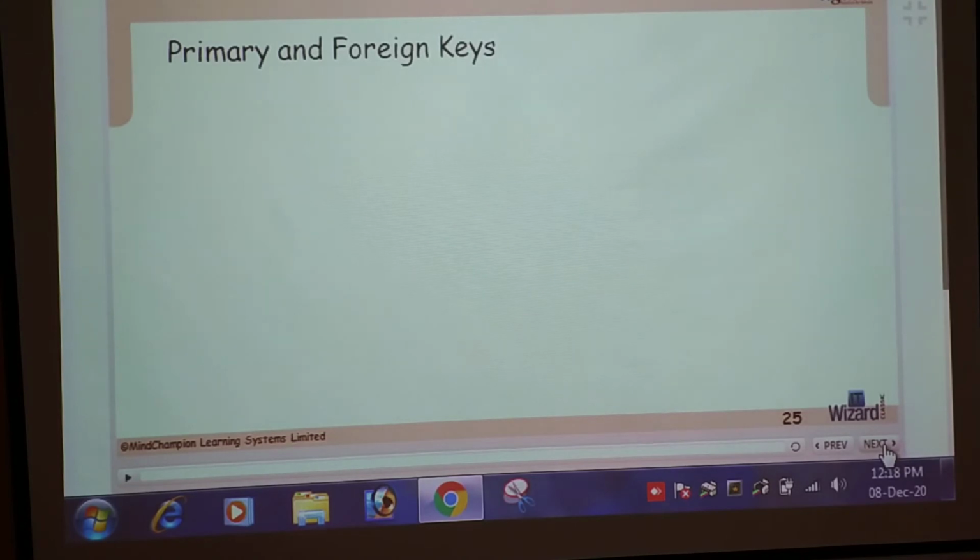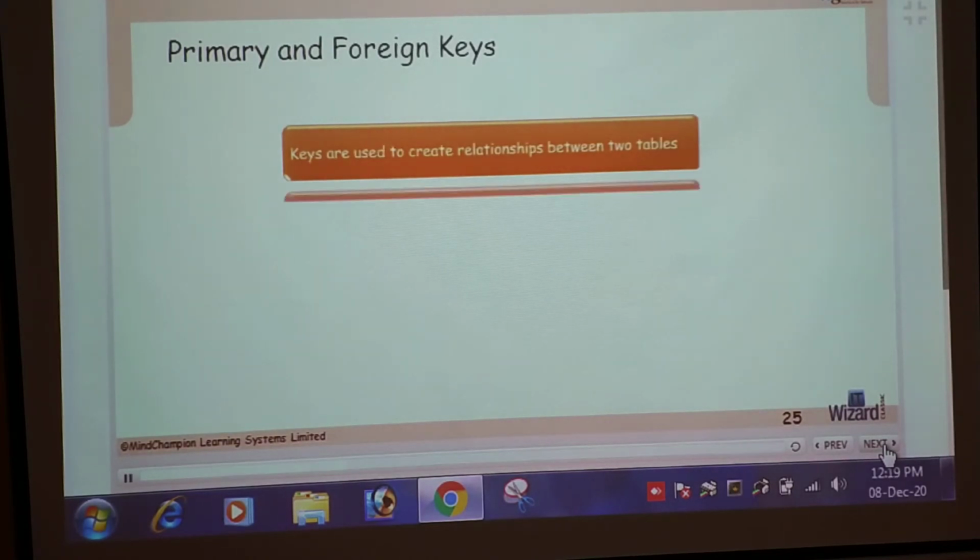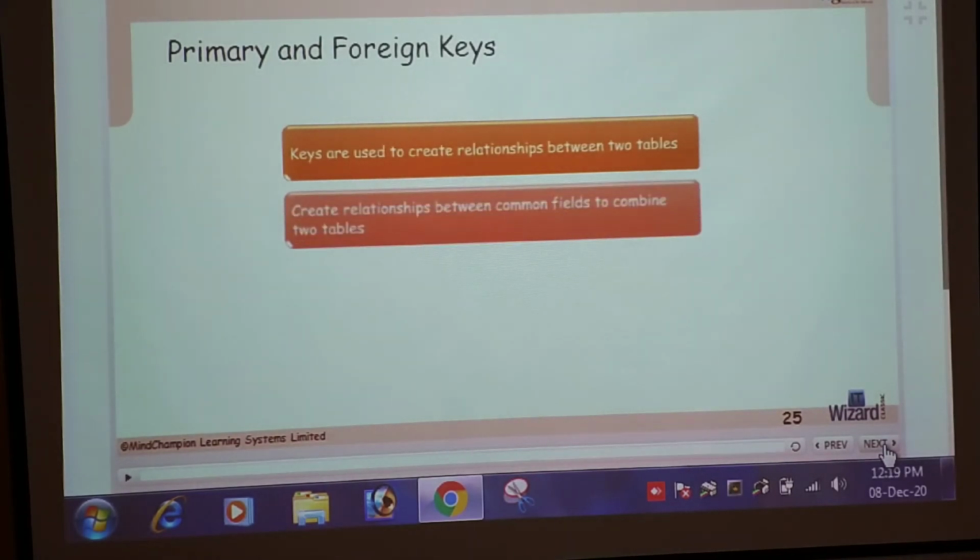Then primary key and foreign key. First of all, what is a primary key and a foreign key? A primary key is used to create a relationship between two tables. It creates a relationship between two common fields, combining two tables.